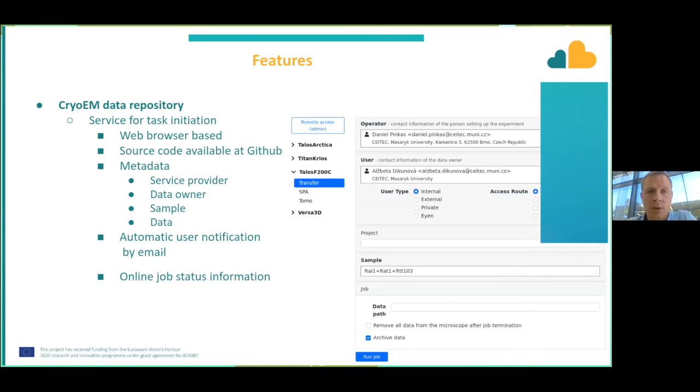On the front end side, we have developed a service that allows us to gather the information about the data model, so to request the user to properly fill in all the necessary information regarding the data model that we store together with the data. Again, the application is browser based, so therefore it does not require any installation of additional software. The code is available on GitHub,